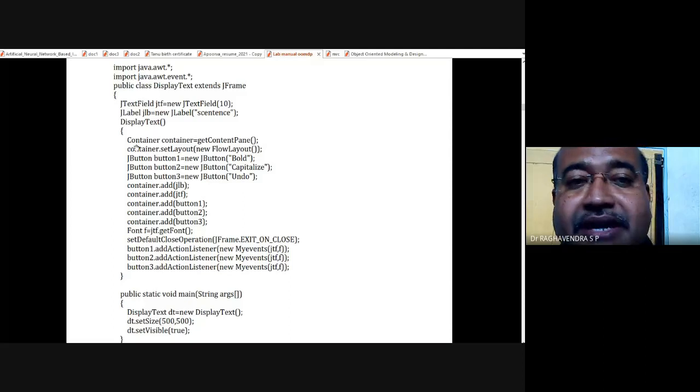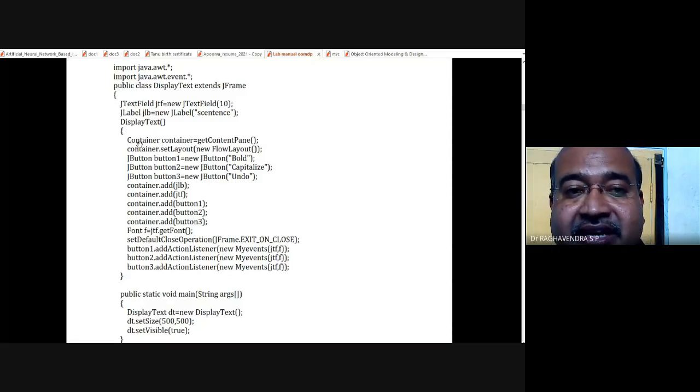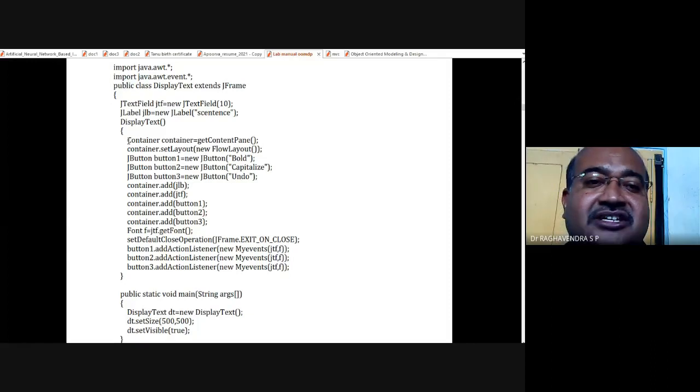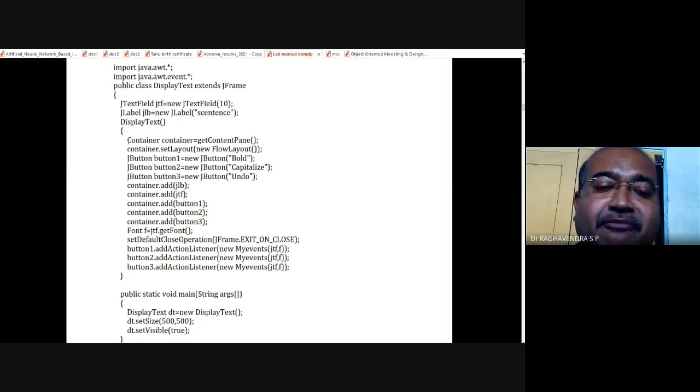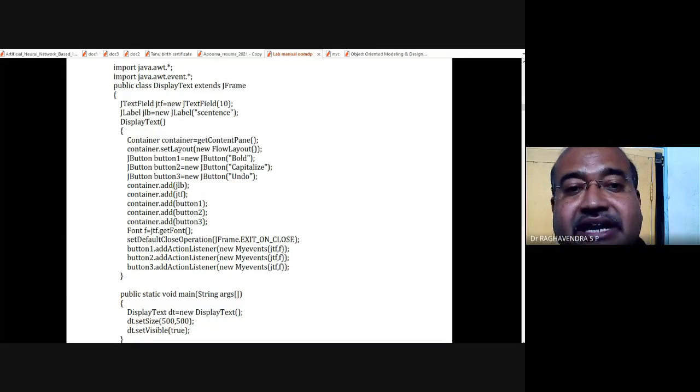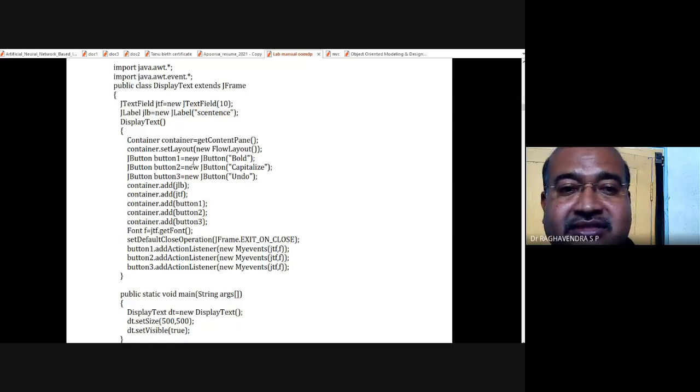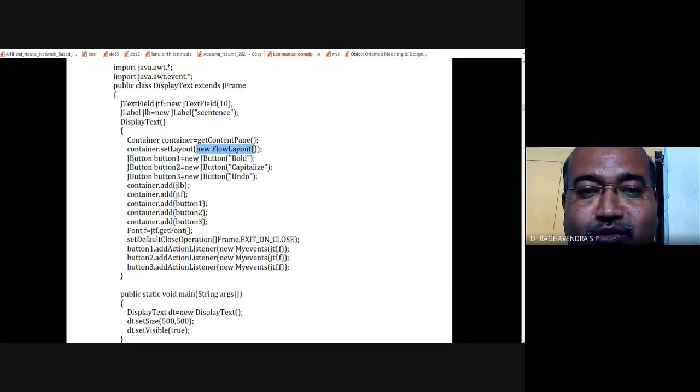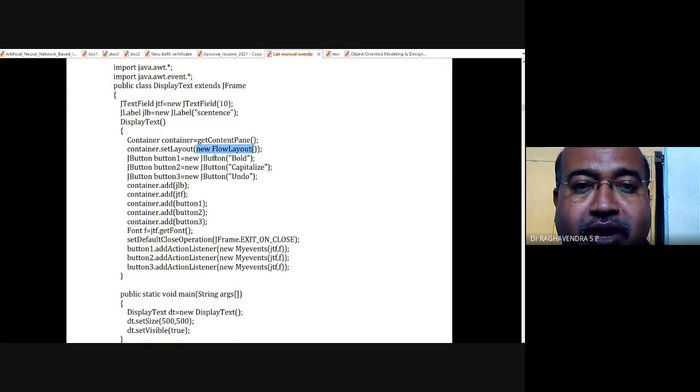Okay, so Container, once again, is a class. This container object is equal to getContentPane. It means I am going to create a container. A container is just like a bag. Inside that I am going to have some controls. Next, container.setLayout. So I'm going to create a layout for it. Okay, for example, page borders and all those things. So how it is going to be displayed is called setLayout, which is going to be a new FlowLayout.